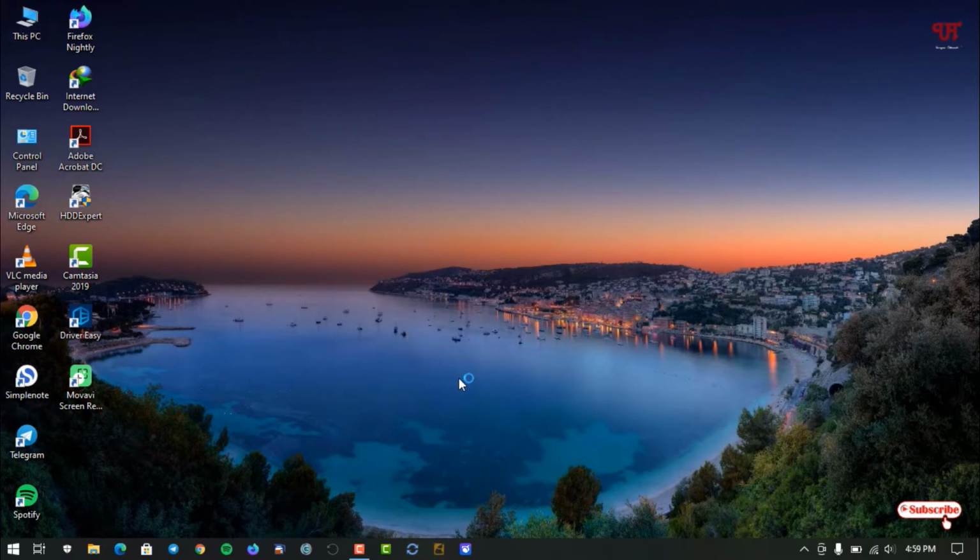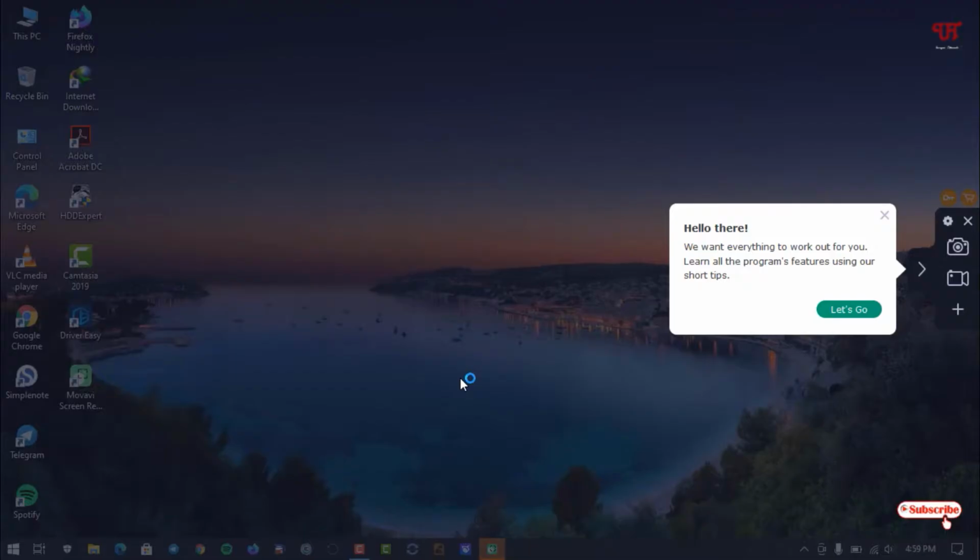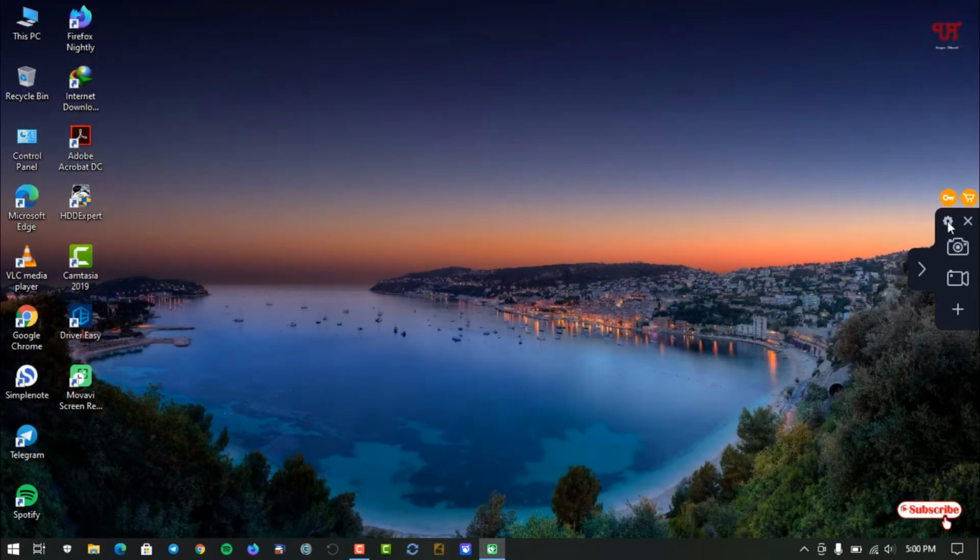Wait for a few seconds. So finally the application has been started. Just click on next, just click on got it. Now you can see here a floating window with some options. You can see a camera icon. You can use it like a screenshot also, or you can use it for screen recording, that is video recording